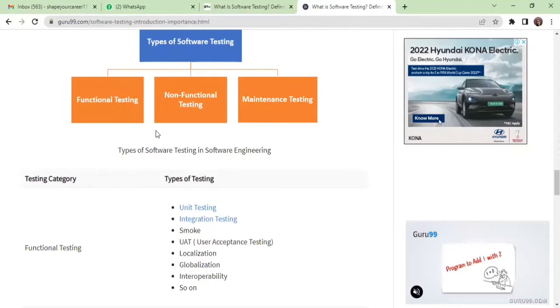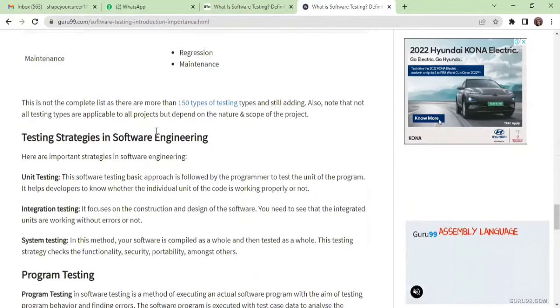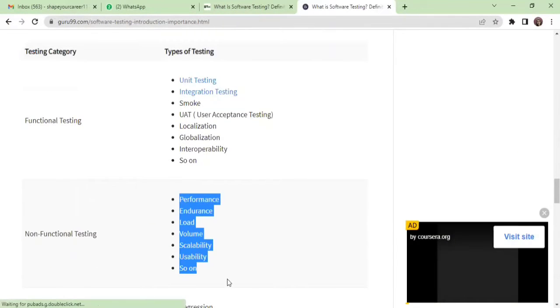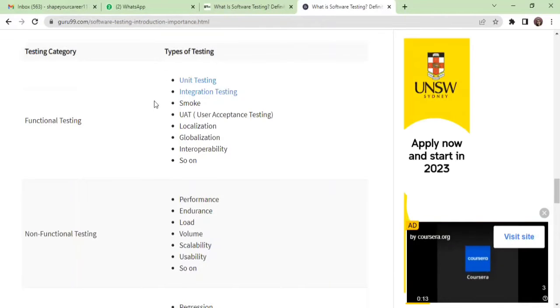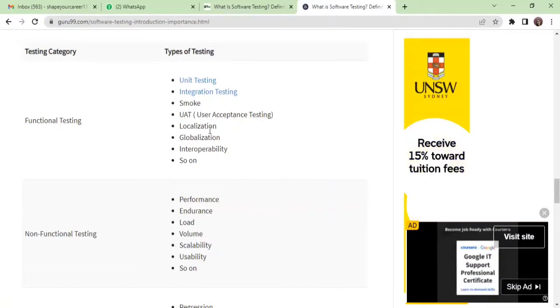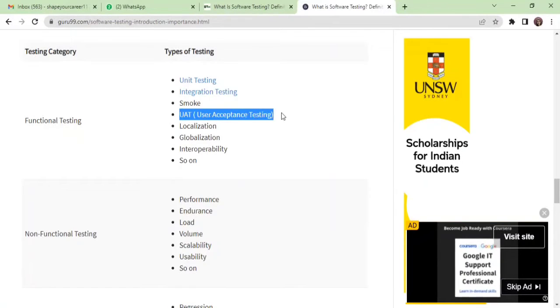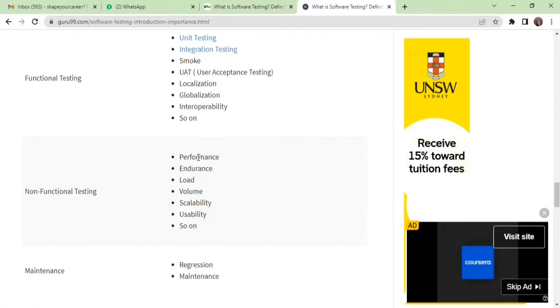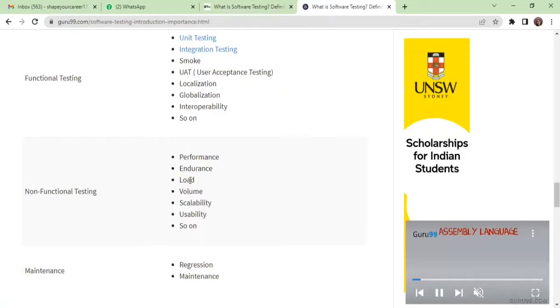Questions are there, I'll tell you. They keep asking questions based on this. These are very important types, and these are basically job profiles themselves. So if you are doing UAT testing, it is a profile where this particular tester does UAT testing. This particular tester does performance testing. This particular tester is for load testing.